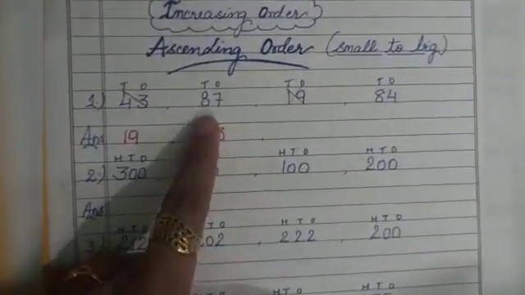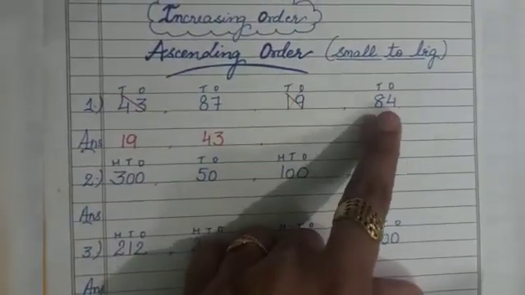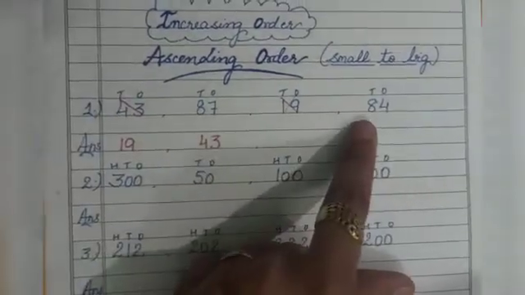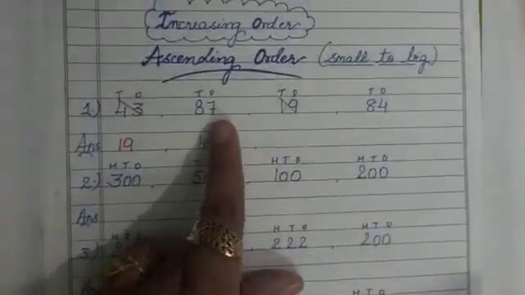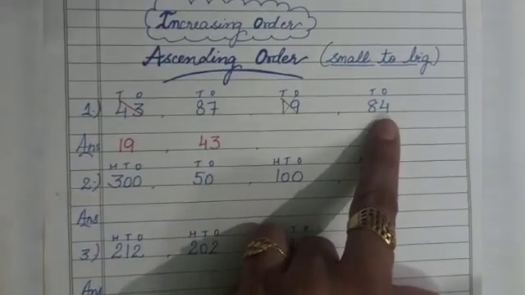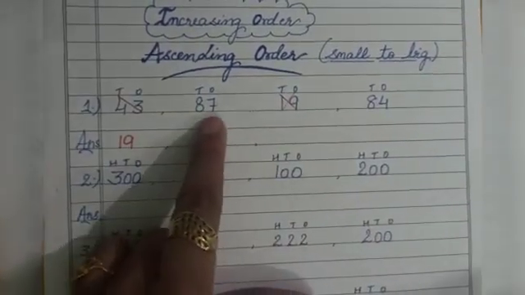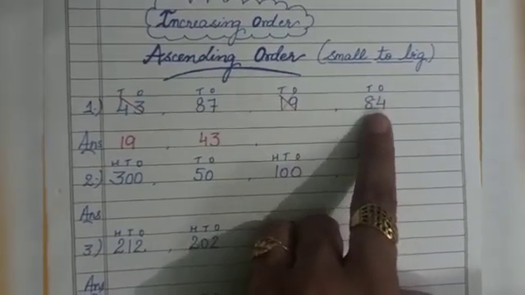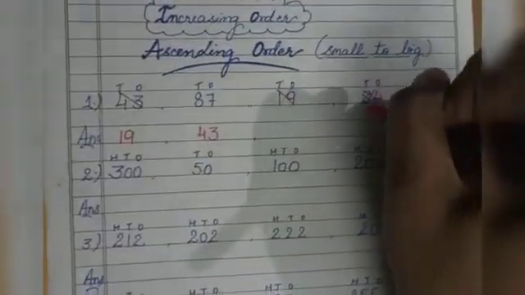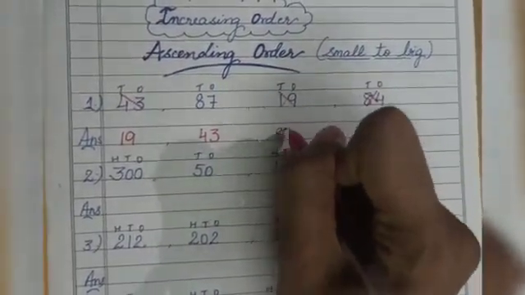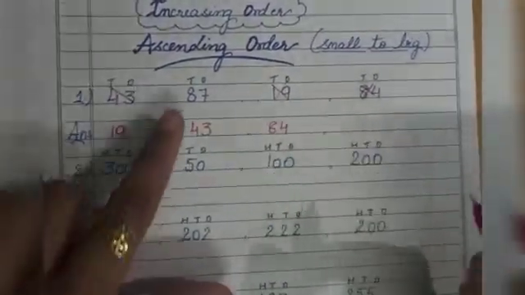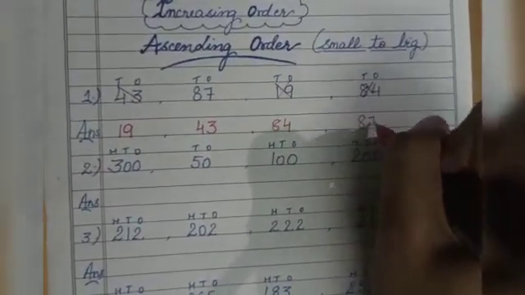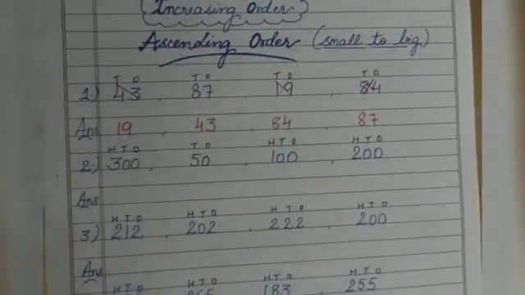Now I have the option 87 and here I have the option 84. Both sides you can see tens value is 8. Then in this case what are we going to do? We will see the ones place also. Here ones place it's 7. Here it's 4. So this one is a smaller one. So I'll cross it and I will write the answer 84. Then I'm left with only this one. I'll simply write it over here. I hope this one is clear to you.